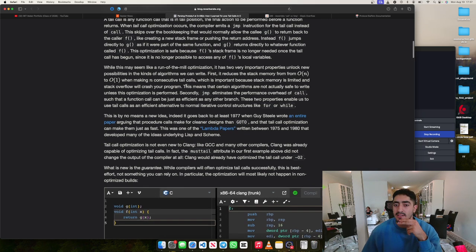Alright, this means that certain algorithms are not actually safe to write unless this optimization is performed. Secondly, jump eliminates the performance overhead of calls such that a function call can be just as efficient as any other branch. This is called for branching, or maybe call was